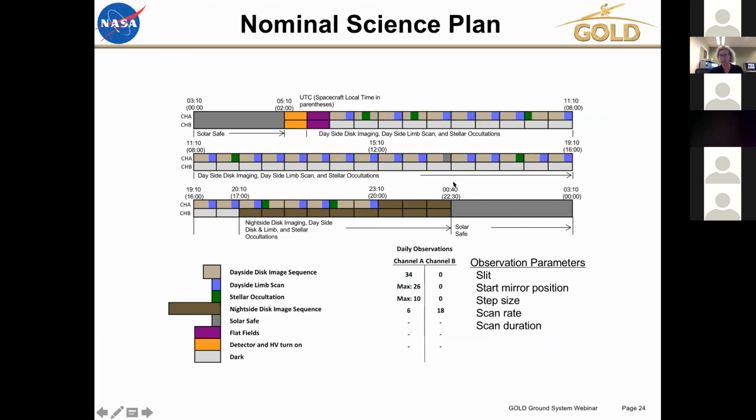So starting here at 0040 UTC, which converts to 2230 spacecraft local time, we put the instrument into solar safe, which is a continuation of that slide from the previous slide we just looked at. So the instrument is in solar safe from 0040 UTC until 0510 UTC every day. One thing that we talked about previously as well is that